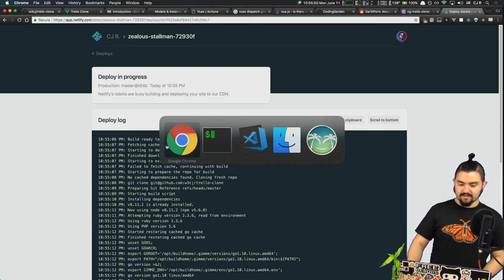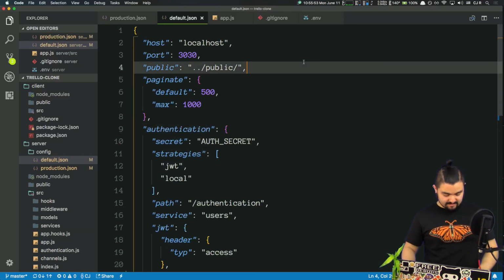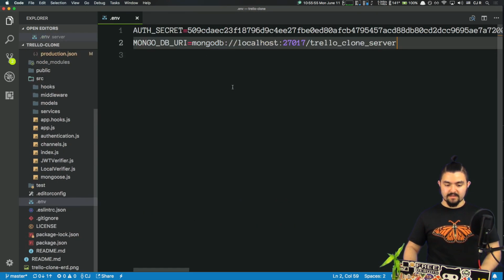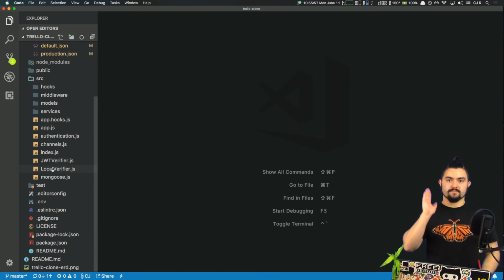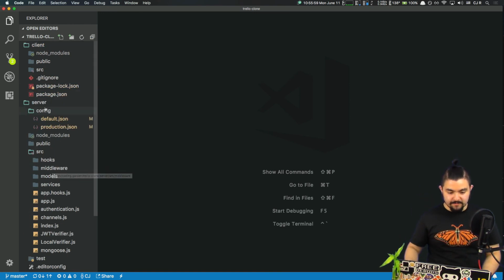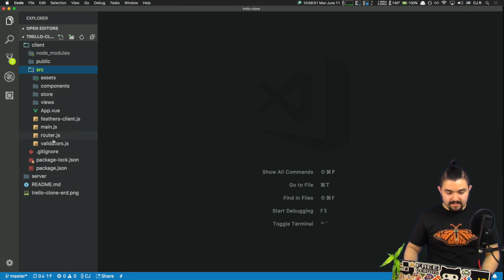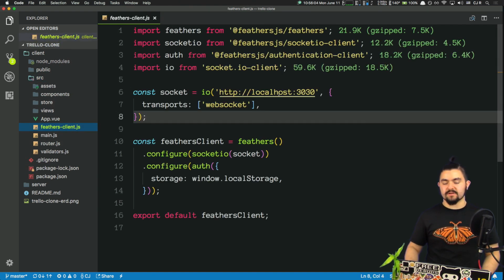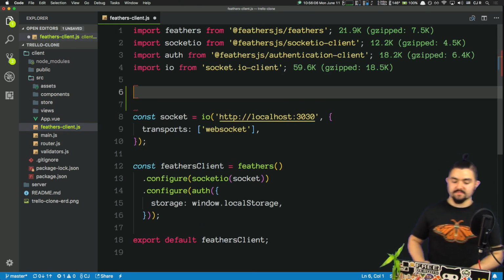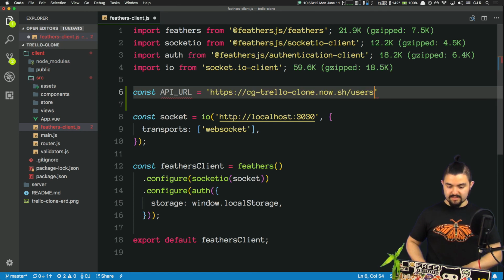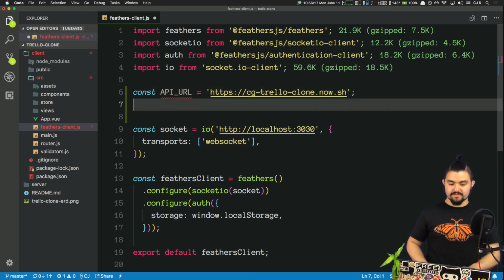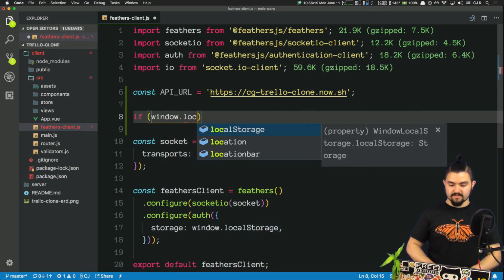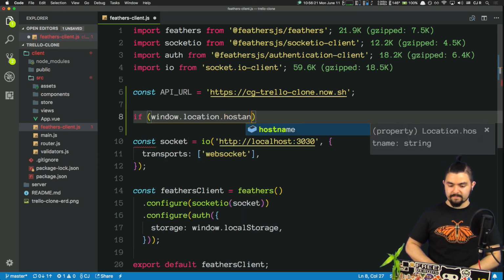Cool. One thing we'll need to do though is update the connection to the backend. So on the client, in Feathers client, this is where it connects to the server. Let's just have some logic. So we'll say API URL initially is that. And we'll say if window.location.hostname